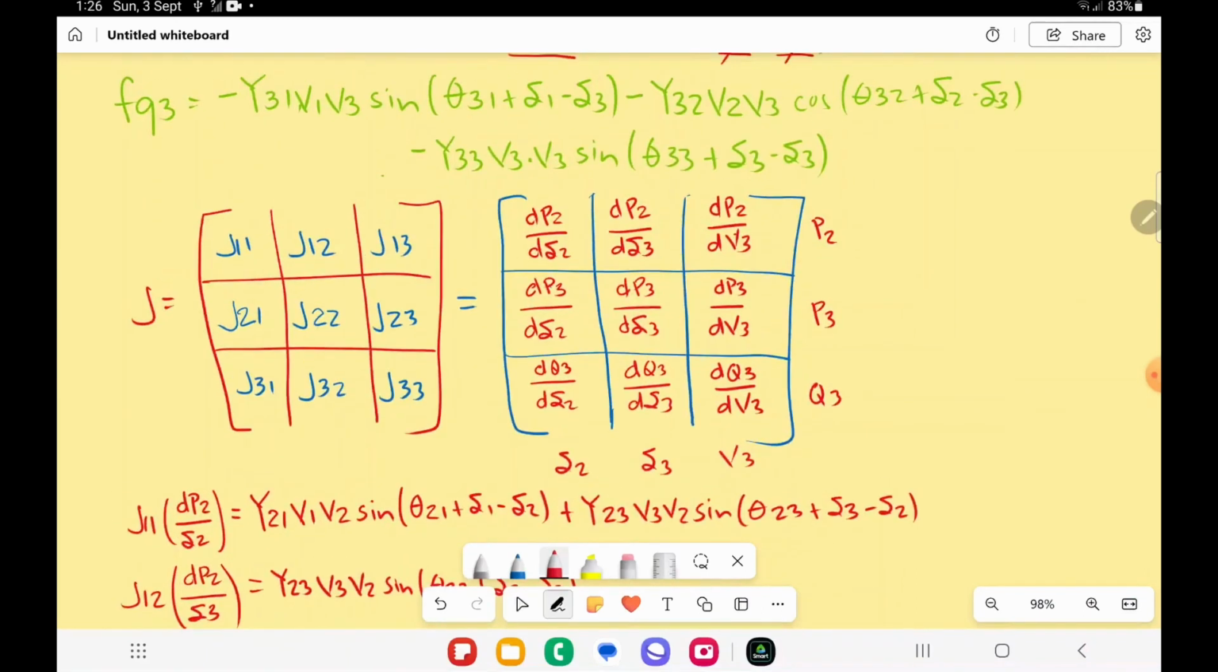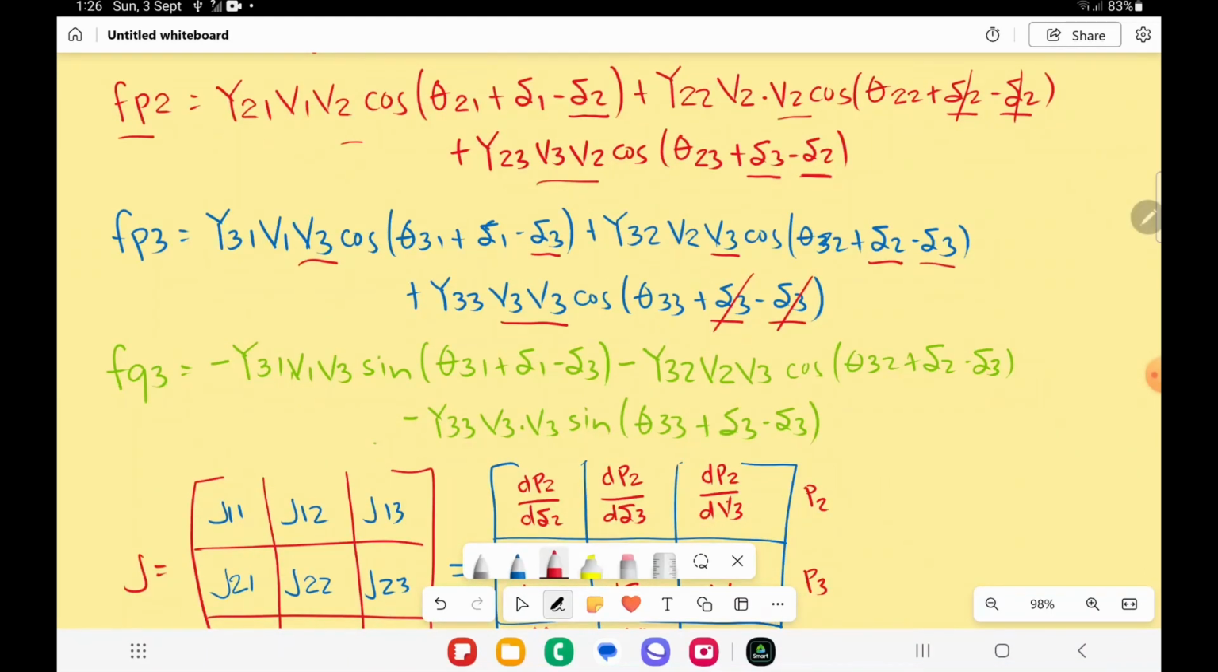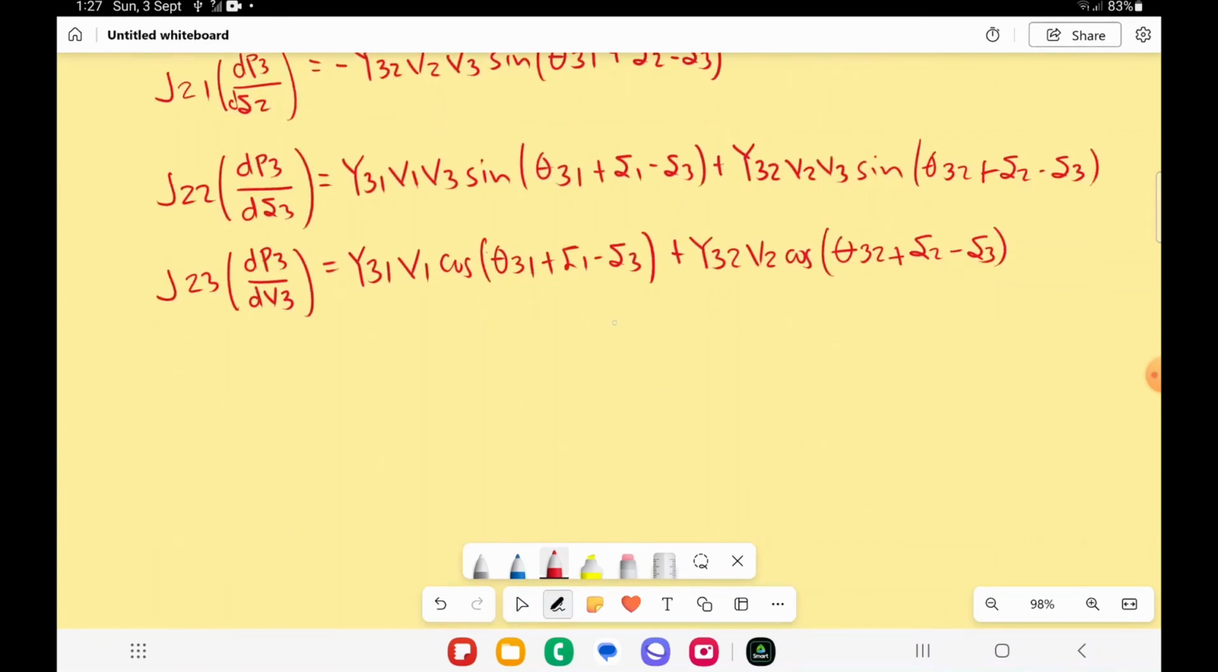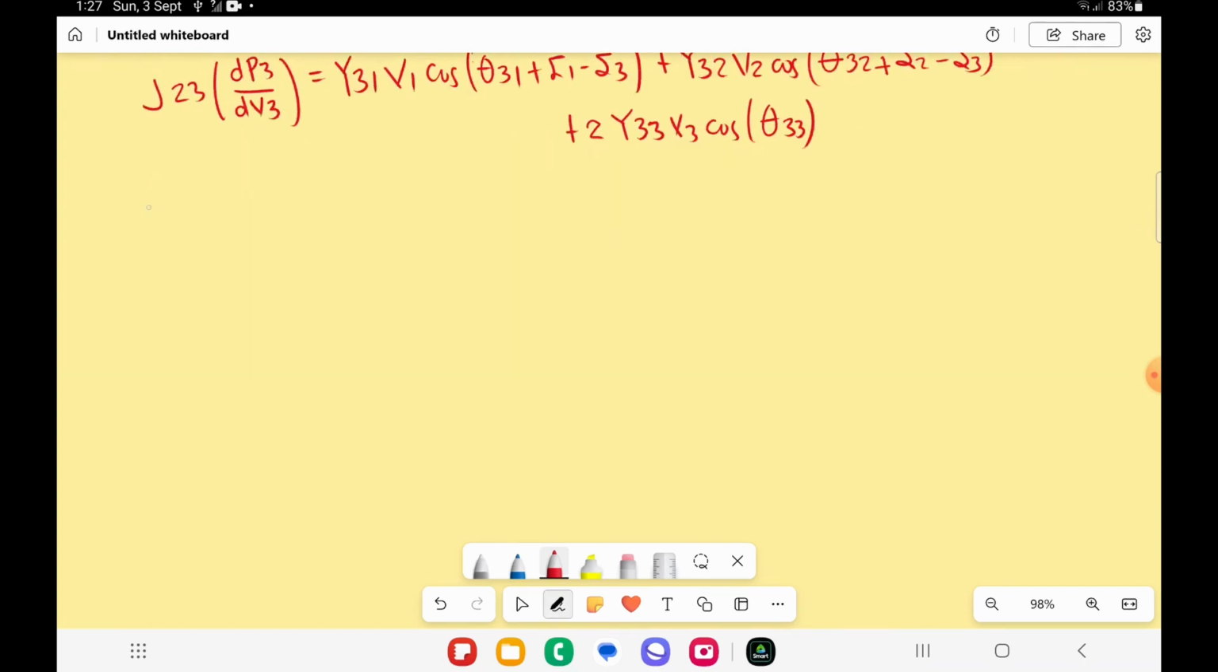So for the third term, we have 2b3 which is equal to b3 square. So we write 2 in front of y33. So it becomes 2 y33 b3 cosine theta 33. So for J31,